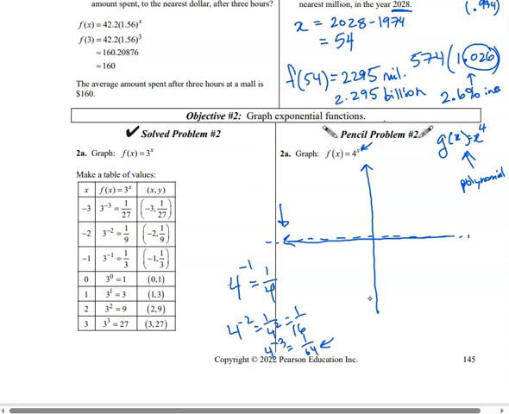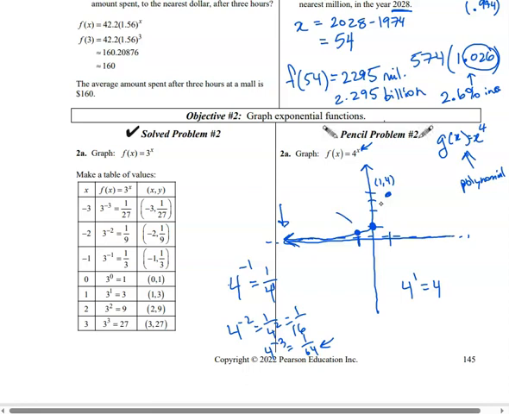It only gets close to 0. And so we have this asymptotic approach to 0 as we come this way. And then anything to the 0 power is 1, so all exponential functions should go through this point, the point 0, 1, and then 4 to the first power is 4, and so I'll put that point on there. And so we will have this point in the graph, the point 1, 4, which is corresponding to the fact that 4 to the first power is 4, and then I want to also make a point for this one,